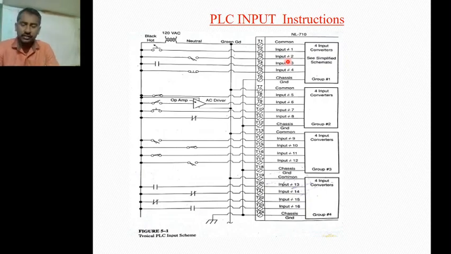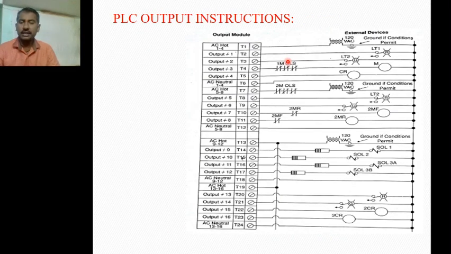So what are PLC input instructions? The PLC input devices, that means the PLC on/off switches and PLC analog devices, act as the PLC input instructions. In a similar fashion, the output on/off devices or output analog devices act as the output instructions for the PLC. Whatever devices are connected to the input module and output module are represented with a number, and that number is nothing but an instruction. Based upon the instruction only, the program in the PLC CPU will operate.